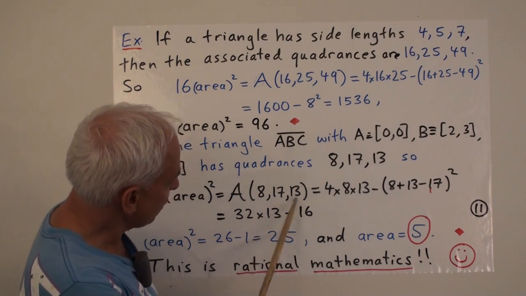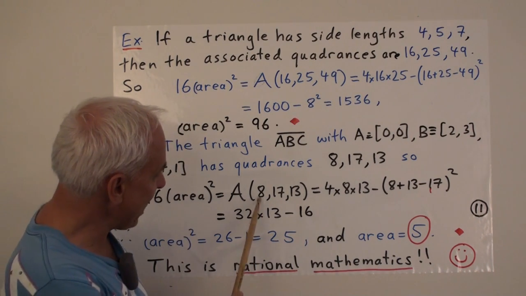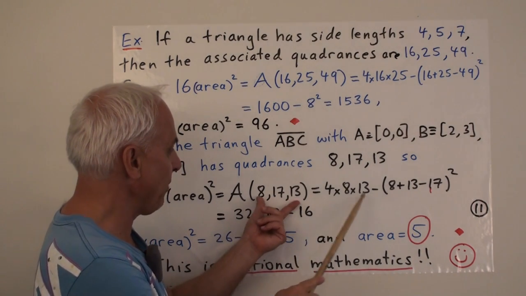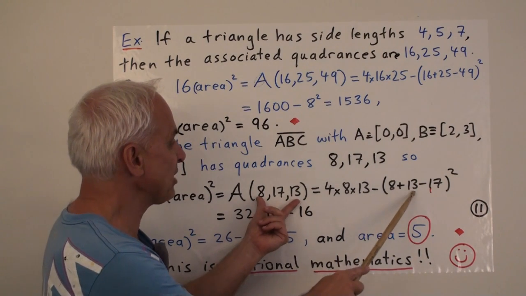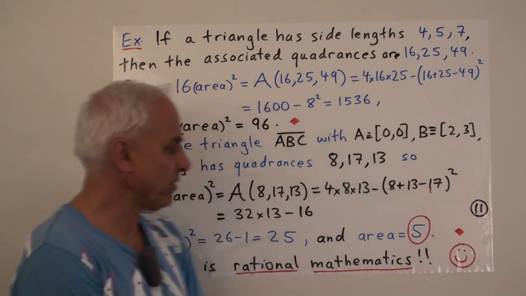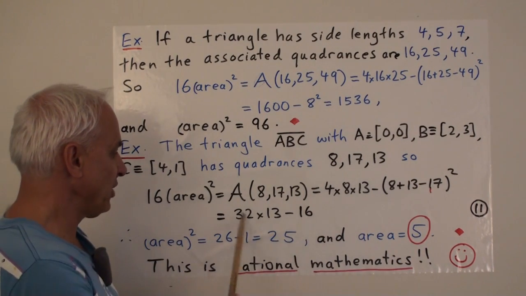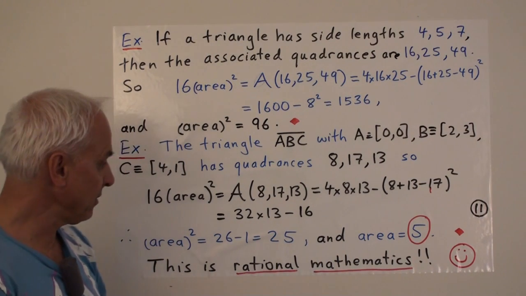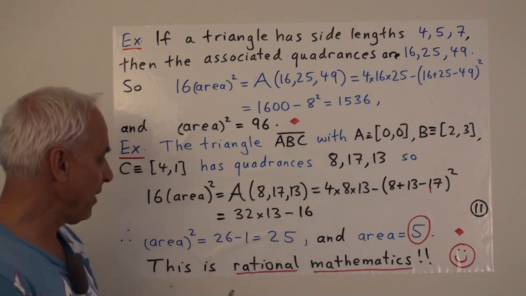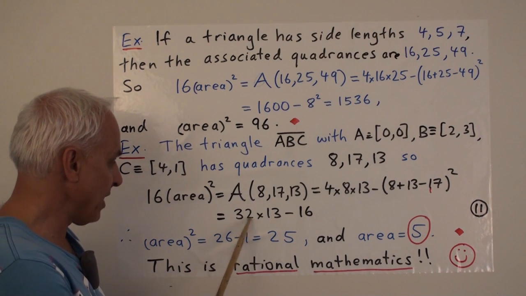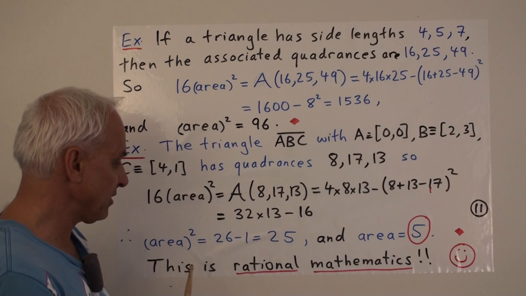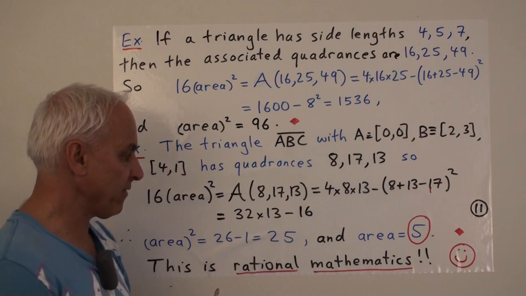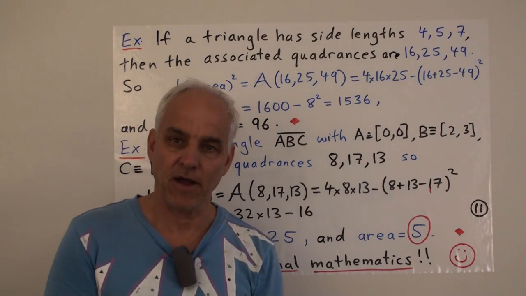And just doing a slight variant on what we did before, I'm going to choose 8 and 13 as the pair that we're going to bring together. So it's 4 times 8 times 13 minus (8 plus 13 minus 17), all squared. All right, so this is 32 times 13. Here we have 21 minus 17, so that's 4 squared, or 16. If we divide by 16, then we get that the area squared is, okay, divided by 16, that becomes a 2. So 2 times 13 is 26. 16 divided by 16 is 1. So we get 25. And finally, the area equals 5.